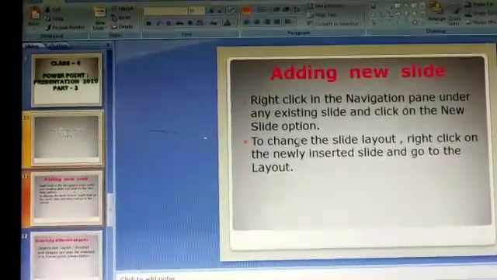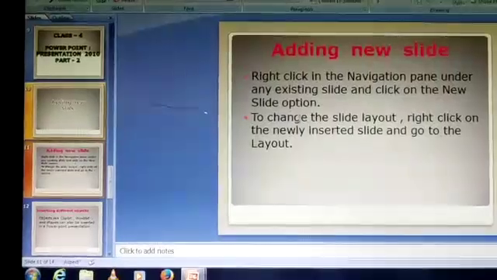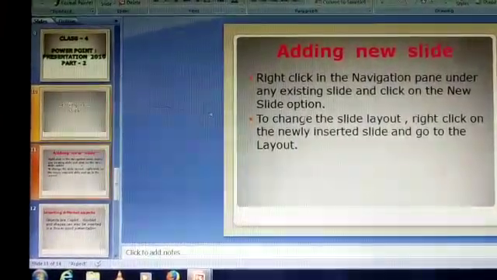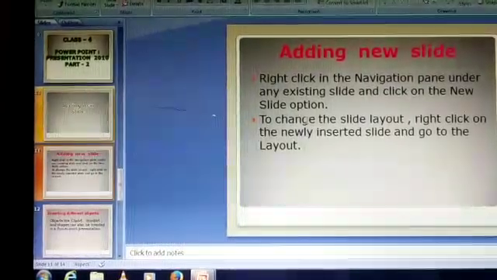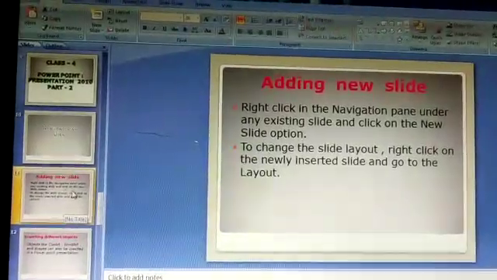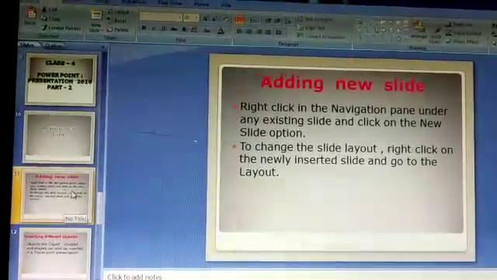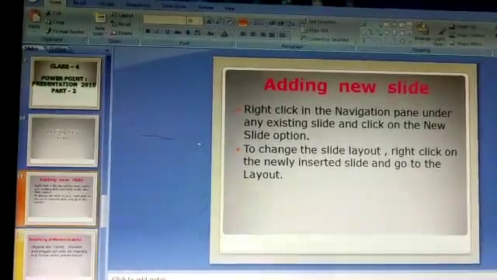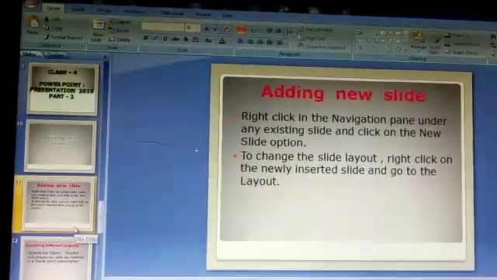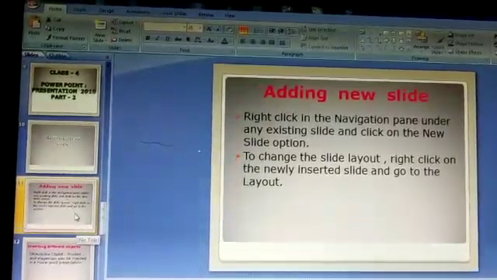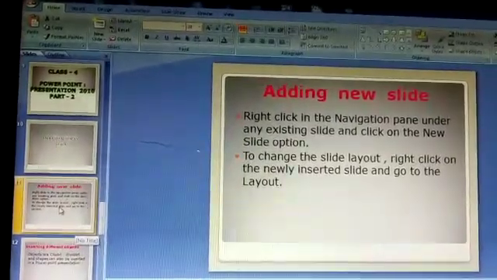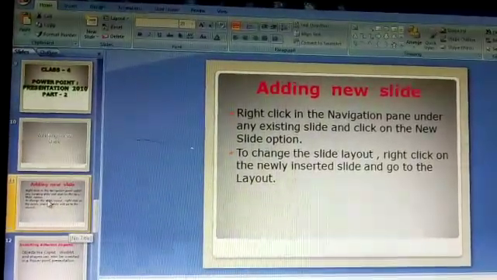After opening it, you have to right click in the navigation pane under any existing slide and click on the new slide option. See here, this is our presentation and this is our navigation pane. After this slide, I want to add a new page.